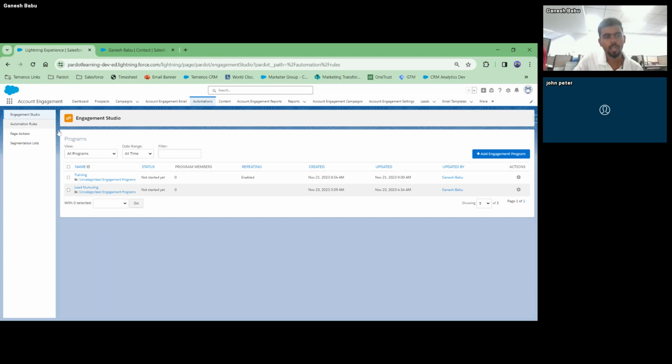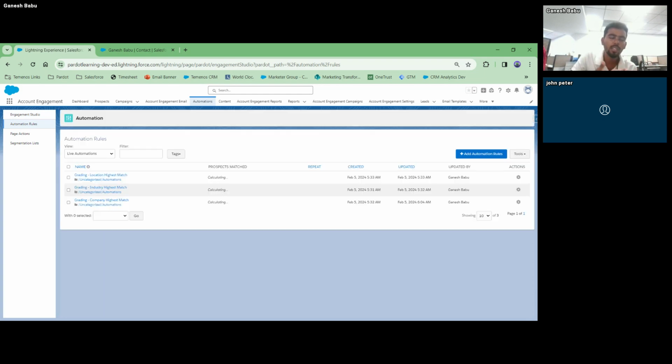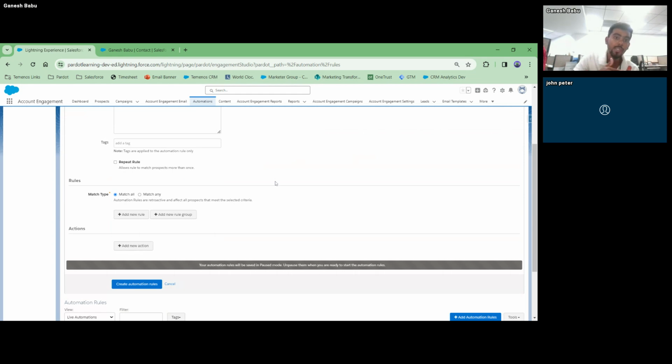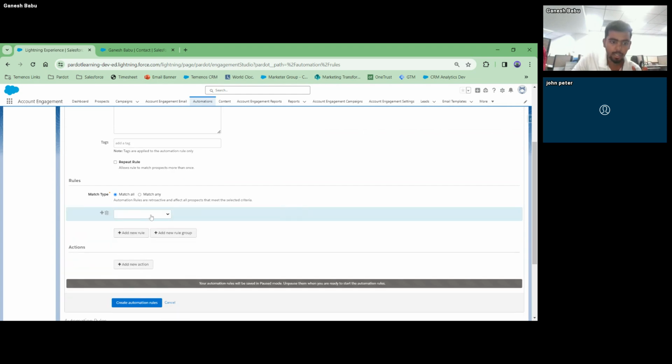Moving on, this is an automation rule, right? Just for pulling the data, we are using the dynamic list or a static list. When we have to do some action based on the criteria, then we will go with an automation rule. Here also it's something similar. So let's go the same, the custom field, lead source contains LinkedIn.